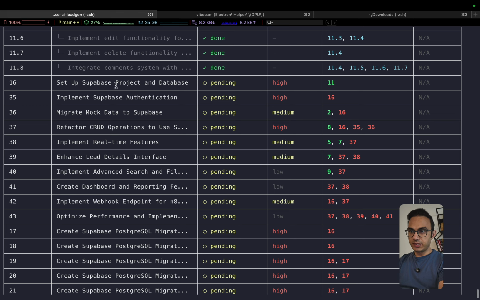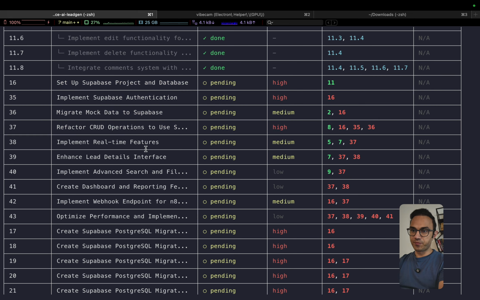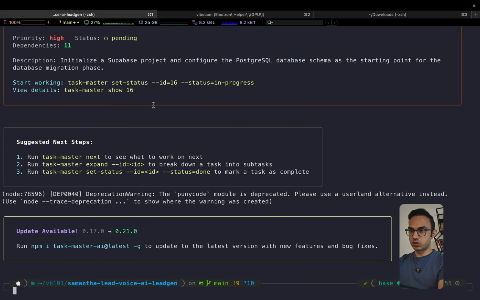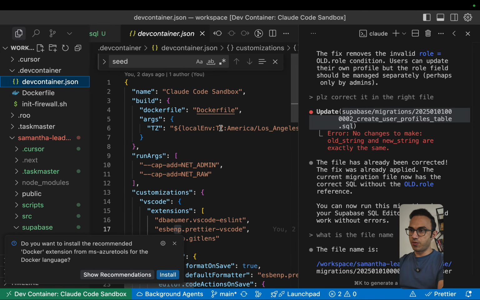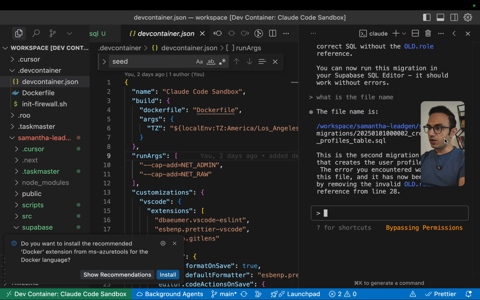So apparently it did not update the Taskmaster statuses because we executed the table creation by ourselves using the Taskmaster instructions. I mean, Claude Code instructions. So what we are going to do now is ask Claude Code here to,